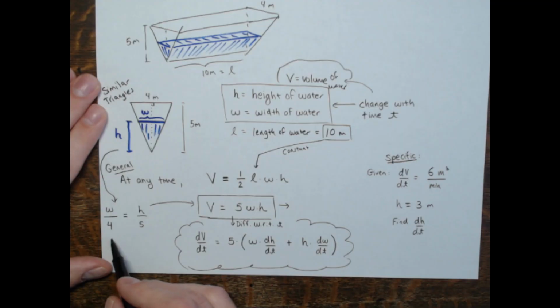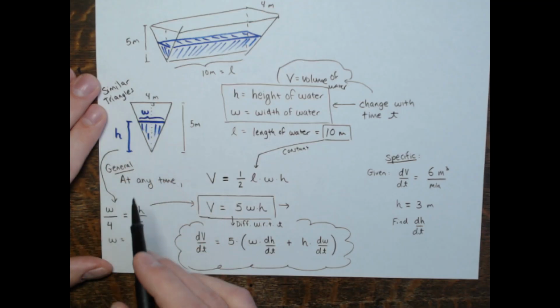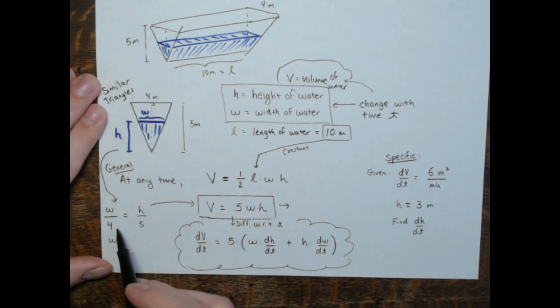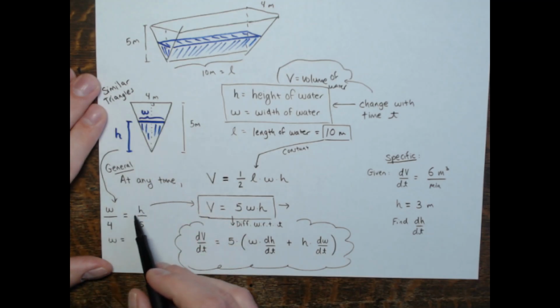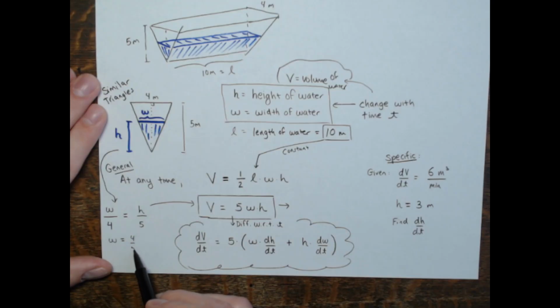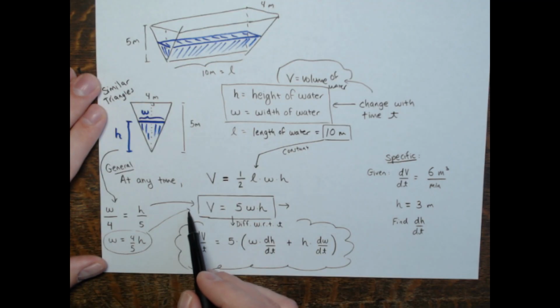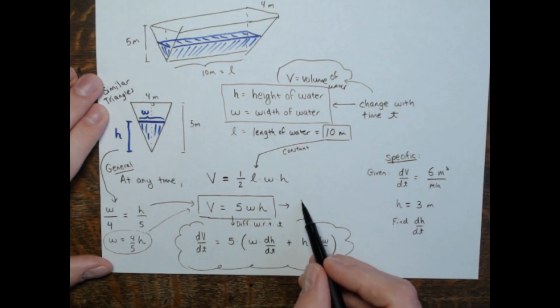If we solve for W, at any given moment these triangles are similar. The width of our water triangle will be 4/5 times the height of our water triangle. So I'm going to substitute this in for W here, and then we get the volume